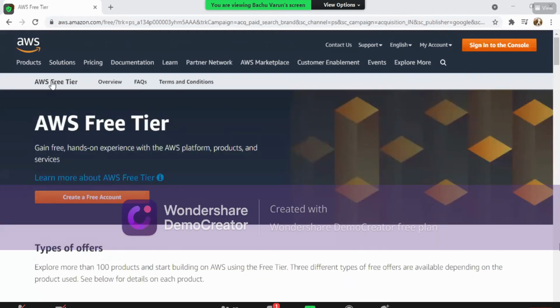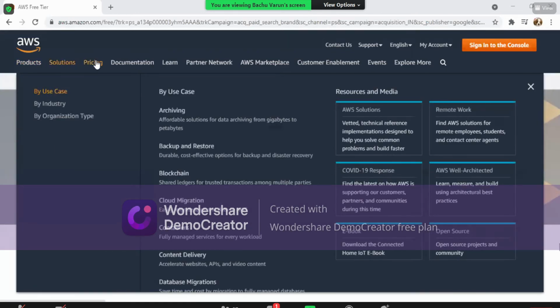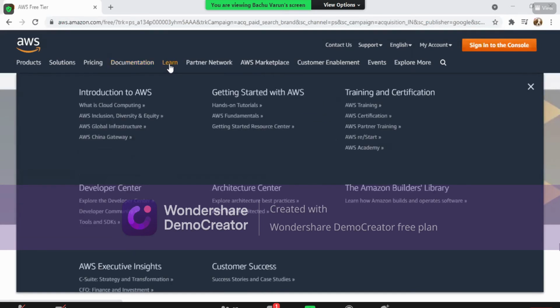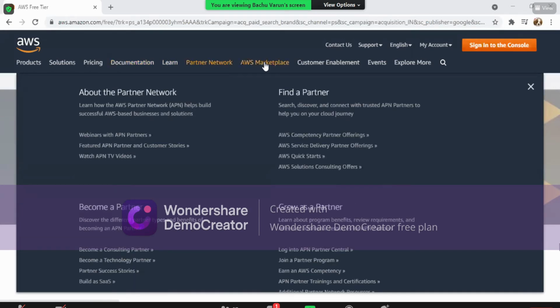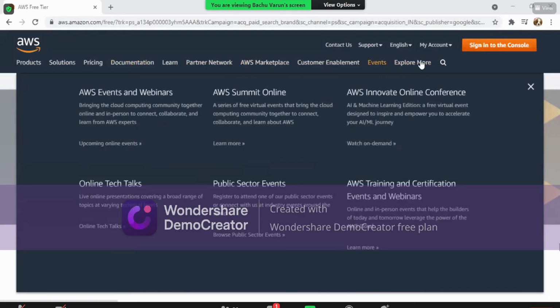So let us see what is available on this page first. We have some products. These are the list of products available, solutions, pricing, documentation. Listen, this documentation is very important for everyone. I'll also show you now. Learn, partner network, AWS marketplace, customer enablement, events, explore more.